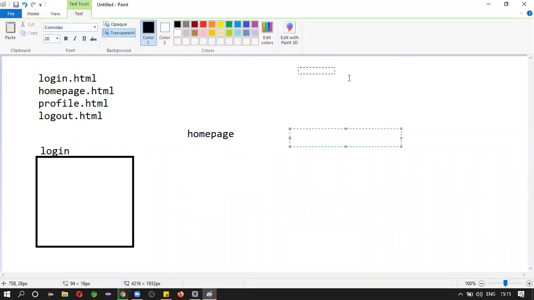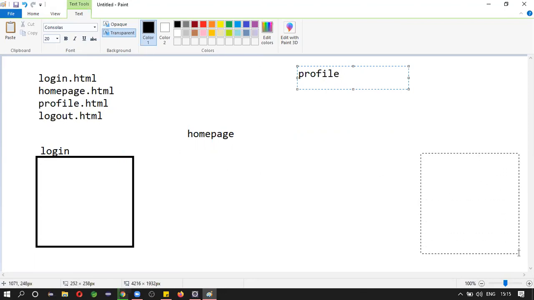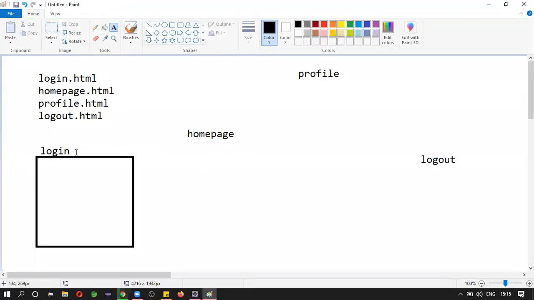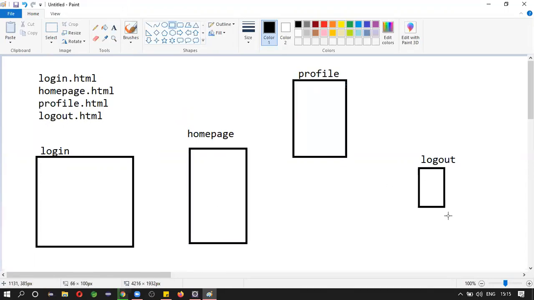If required, you can create a profile, and you can redirect him to the profile, or else to logout. You can just redirect to the login page. Okay, this is what you need to do.